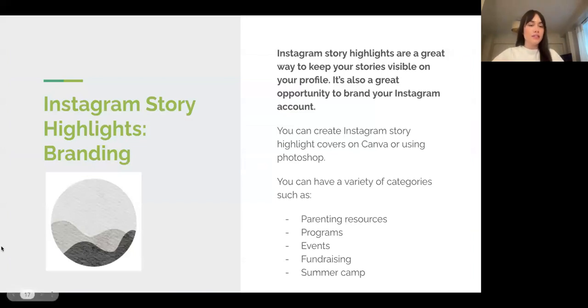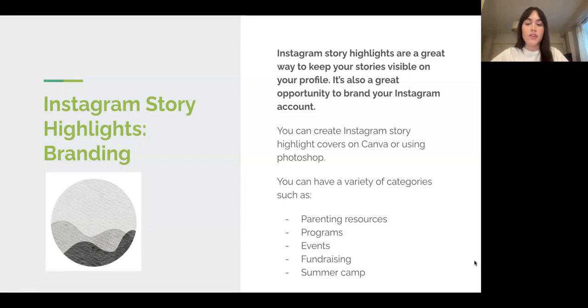So if you want to create those story highlights, I really recommend it. It's a great branding opportunity and it makes your school look cohesive. A lot of schools are doing this beautifully. It's easy to do on an app like Canva or using Photoshop. Again, I'm just listing out here different categories that you can include on your highlights. You can include ones for anything that you may need. Any announcements. You can have one for blog articles, and you can just be creative. I recommend taking a look at what other schools are doing, what kind of categories they have, but these are just some that I pulled.